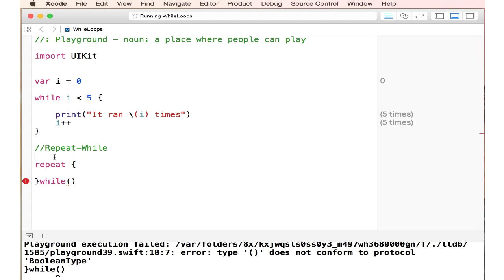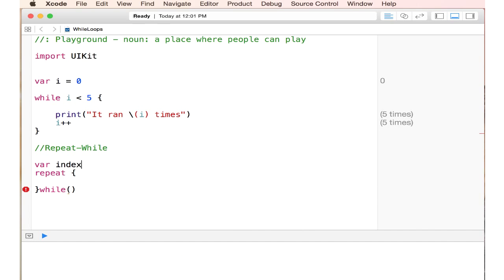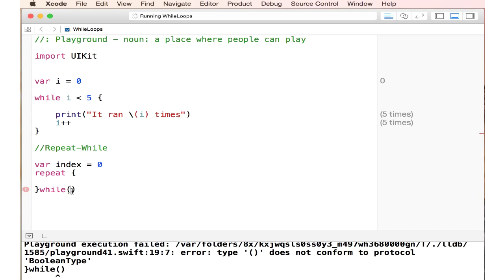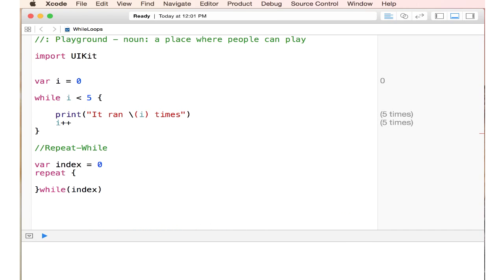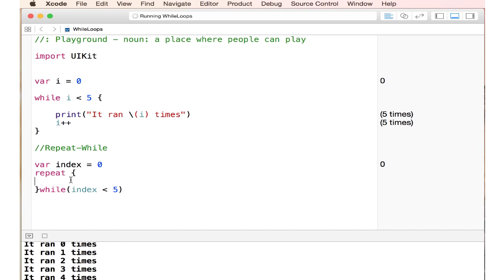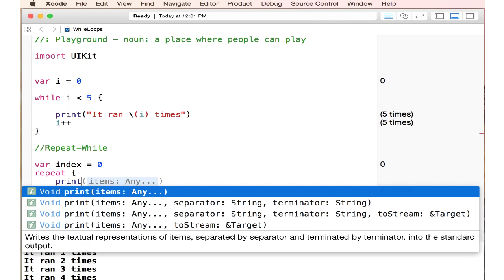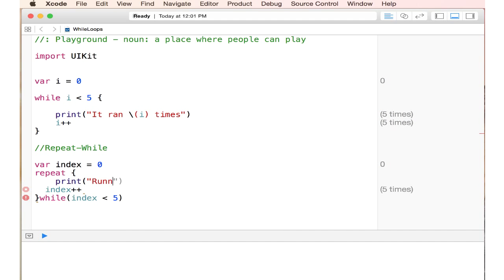And before we go anywhere, we're going to say var index is equal to 0. That's our initialization. And here we can say, while index is less than 5, inside we can say index plus plus, and now we can say print running.